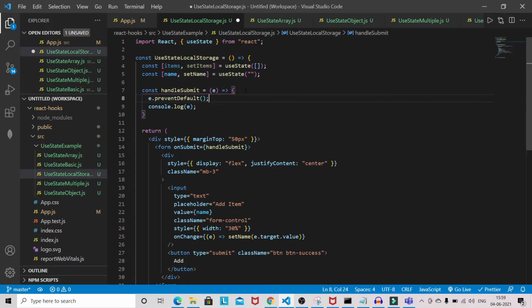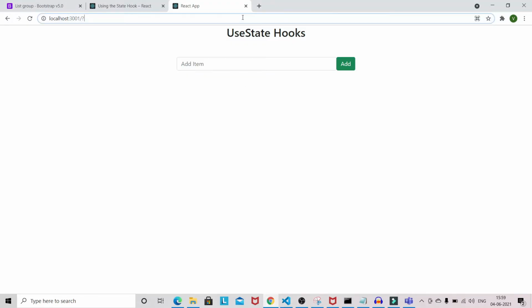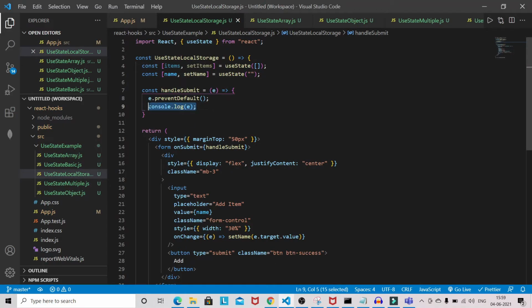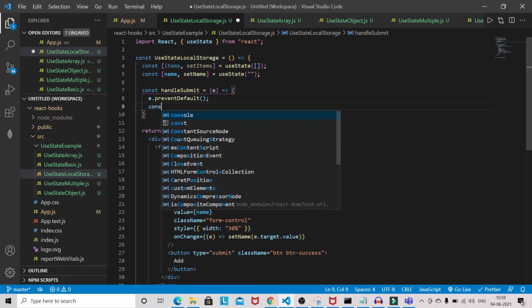Okay, so we can do it this way, and after doing this we can see that it won't repeat the same thing. Okay, so add the item like John, you can see the browser is not getting refreshed. Okay, now we will add the item.